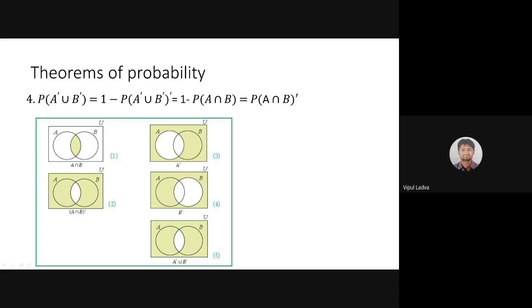This is related to the complement of intersection, which will be literally equal to the union of complements. The same concept from your high schools, so it is not a big deal to get that. It's almost all. If you're having any issue, then please let me know.